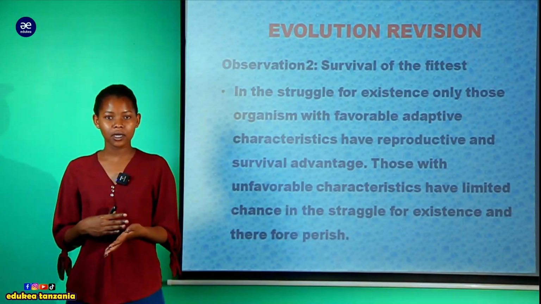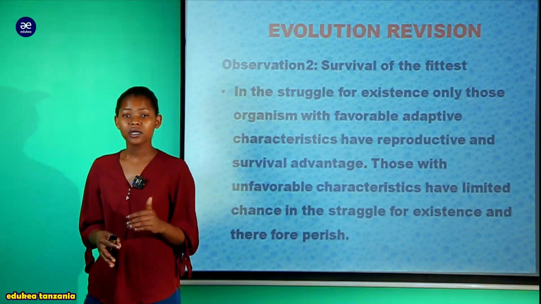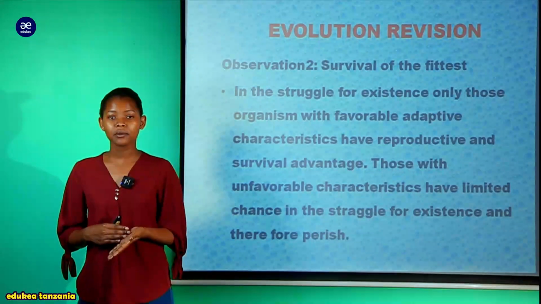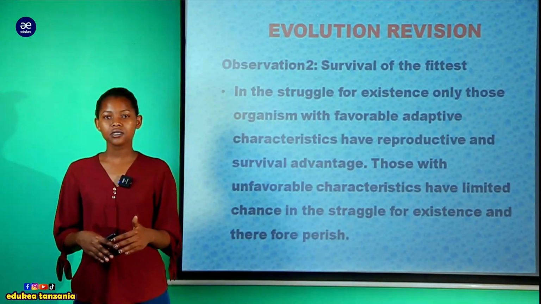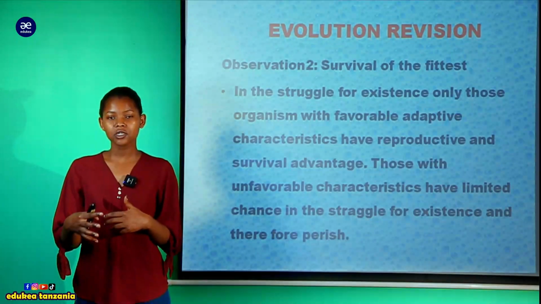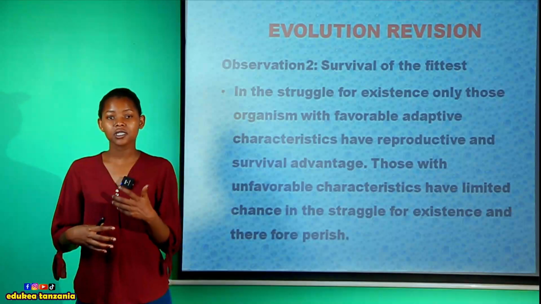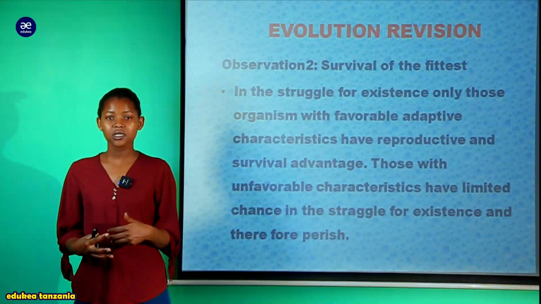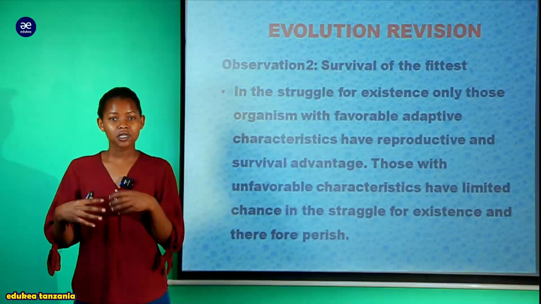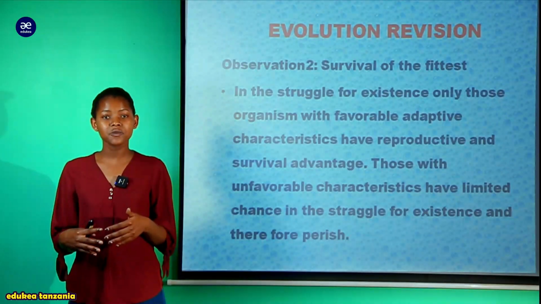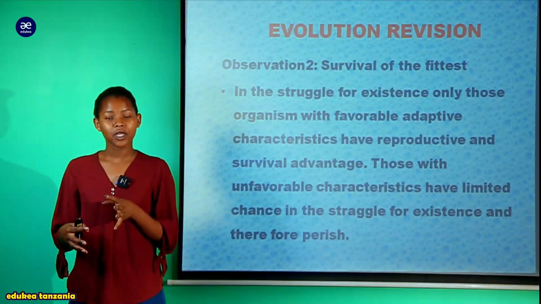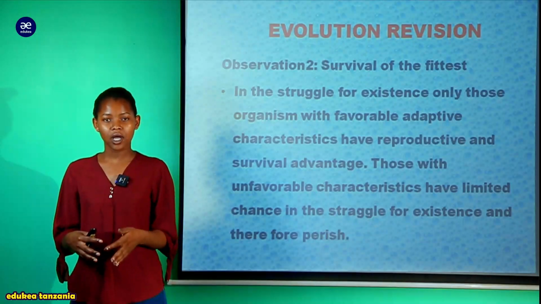Tunajua kwamba Darwin alikuwa anapita kwenye mazingira, alikuwa anaona organism ama species wa namna mbalimbali, na at the same time kulikuwa kuna varying in environmental conditions. It means kwamba the environment change from its current situation inaenda kwenye another situation, meaning that the second change might lead organisms, those organisms which will fail to adapt to that change, to perish out.